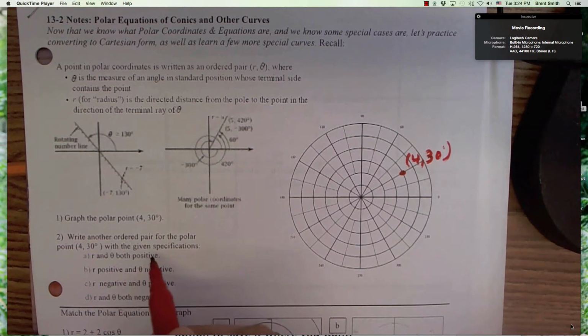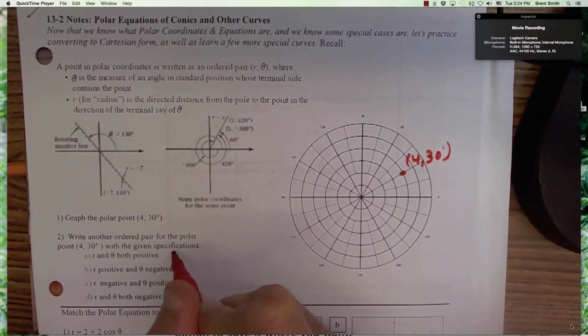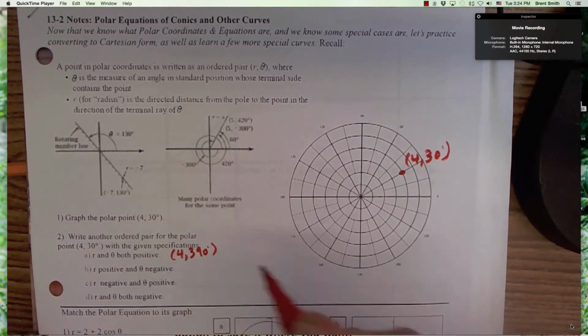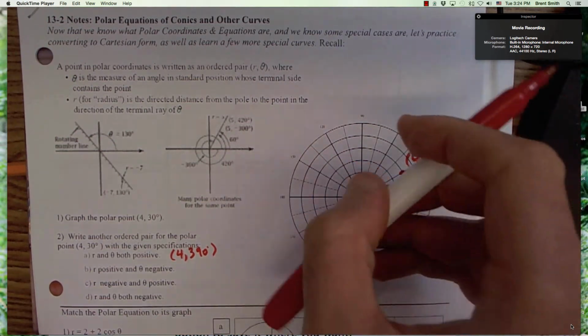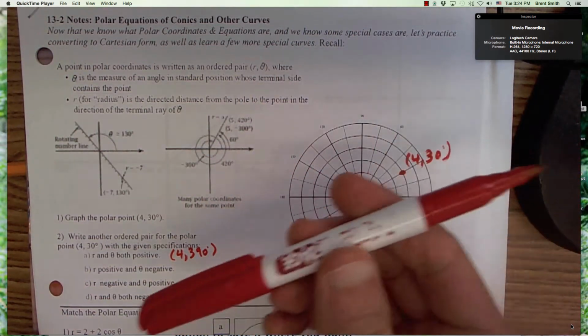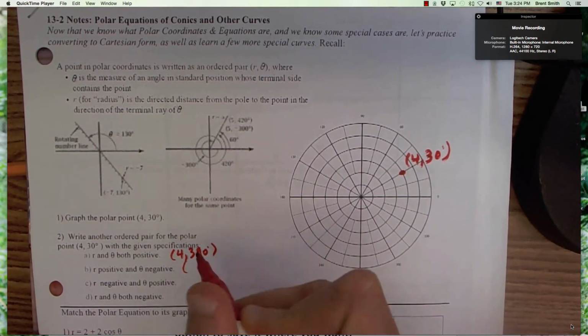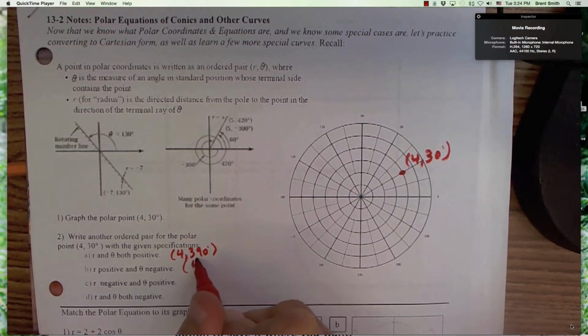One positive way to do that, it would be 4 comma 390 degrees. All right, so in other words, we start here, we rotate 360, 390, and then go 4 again. R positive and theta negative, we could have 4 comma